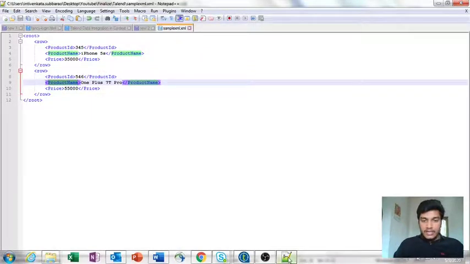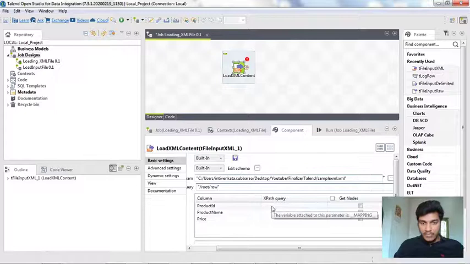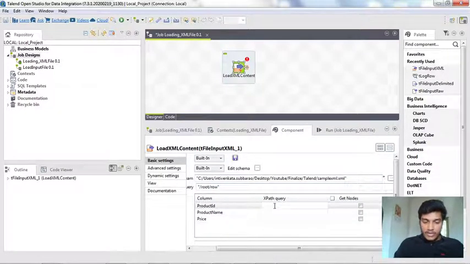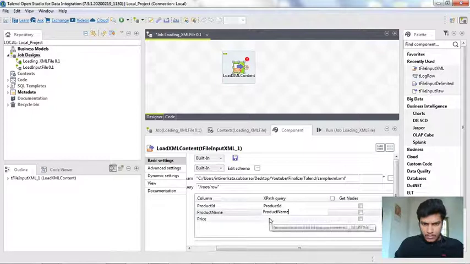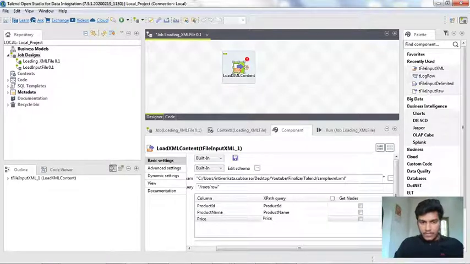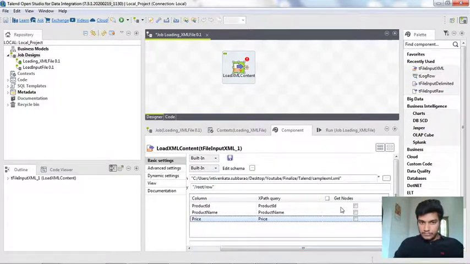We need to write those values in the XPath query for each respective column value. So for the column value of product ID, the name is product ID itself, and the same for the product name and for the price. Once you are done writing all the XPath queries and column values, you are good to go.